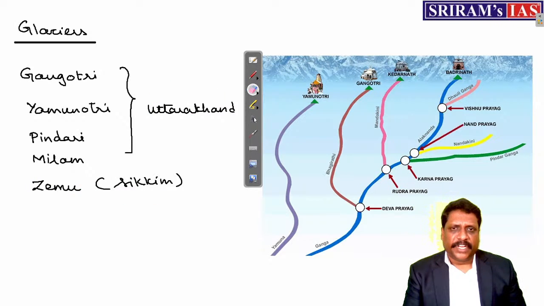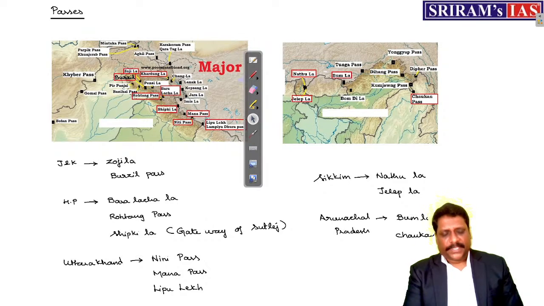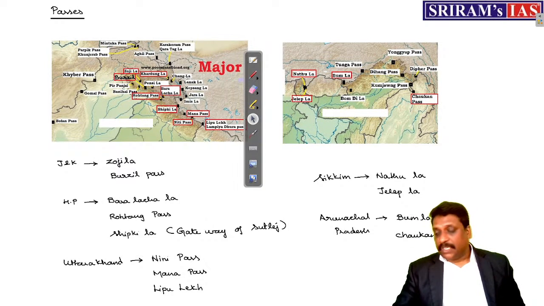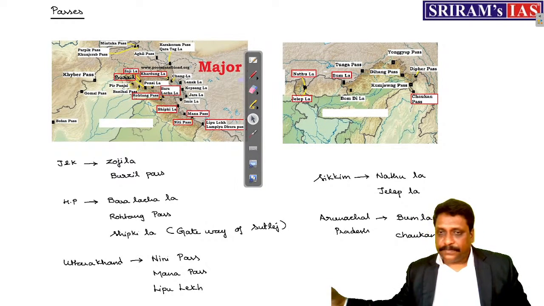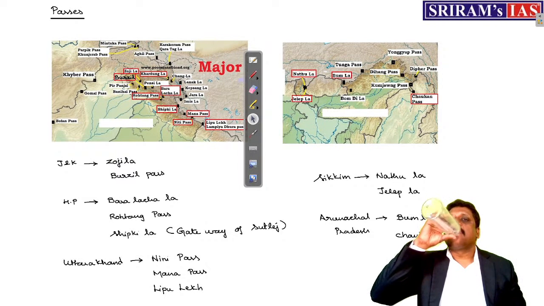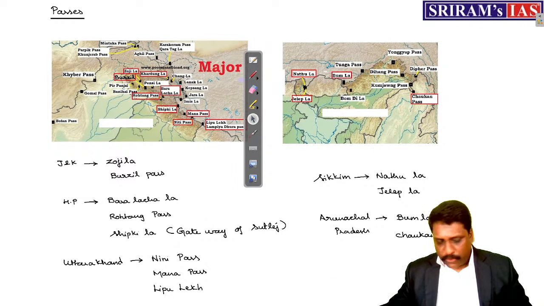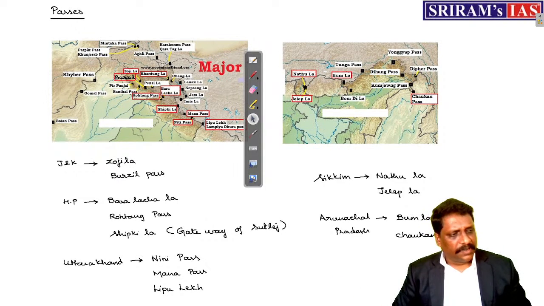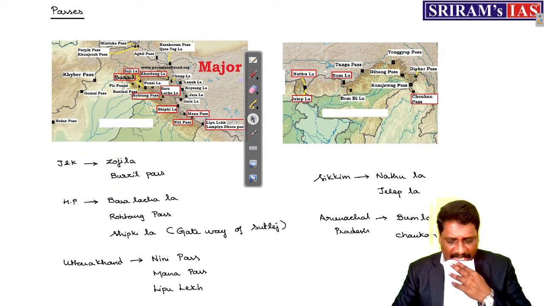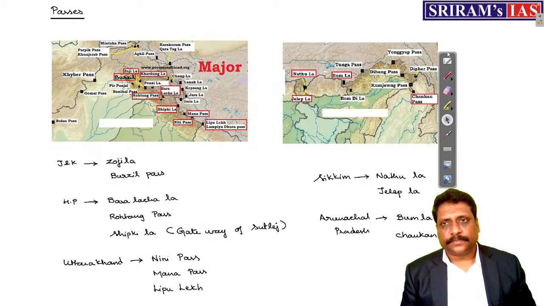And finally, my dear friends, we do have plenty of passes here in this region. Right? See, this pass, I'm just giving you just for a formality purpose. Right? All states, few passes I have just given it. Only if this pass is there in news, somewhere you can go for it. Otherwise, largely you can leave it. Okay. So somewhere it is all about the Great Himalayas, my dear friends.